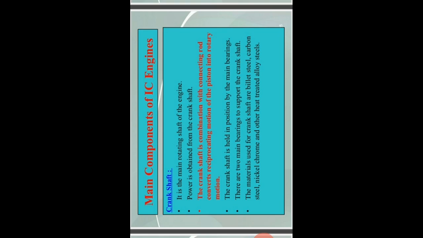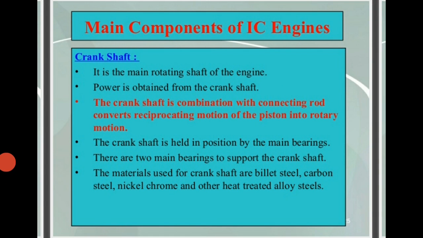And next, our component in the IC engine is the camshaft. The camshaft is driven from the crankshaft either through the timing gear or through a chain drive. It rotates at half the speed of the crankshaft. It operates the engine valves. It also operates the fuel pump. In a petrol engine, it is provided with gears for driving the oil pump and distributor. The material used for manufacturing the camshaft is forged steel.